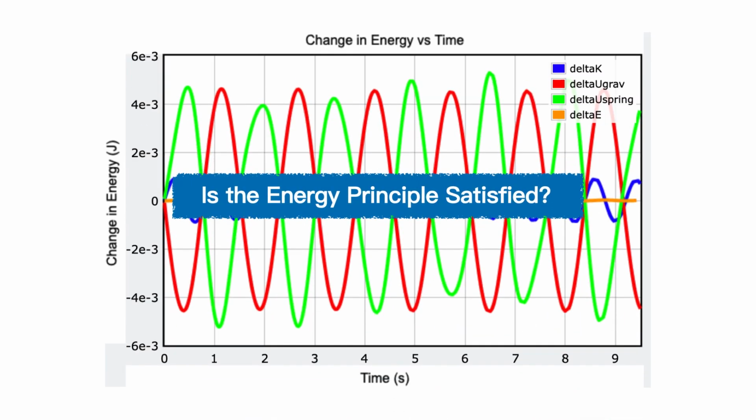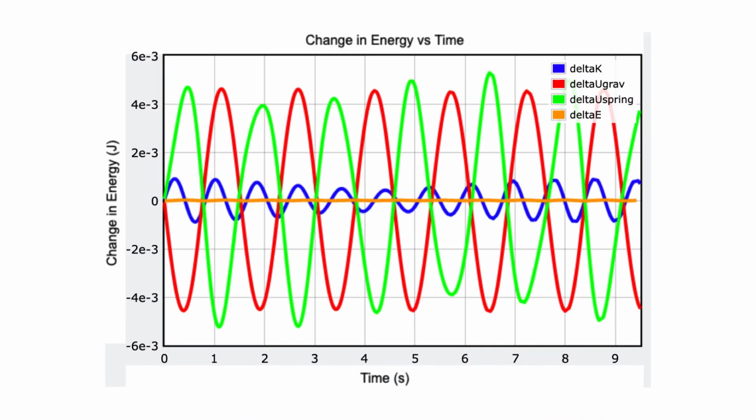Now for the discussion part of this lab. For my model system, is the energy principle satisfied? According to the change in energy over time graph, the energy principle is satisfied because the total energy of the system is conserved as indicated by the orange line representing the change in total energy remaining relatively constant at 0